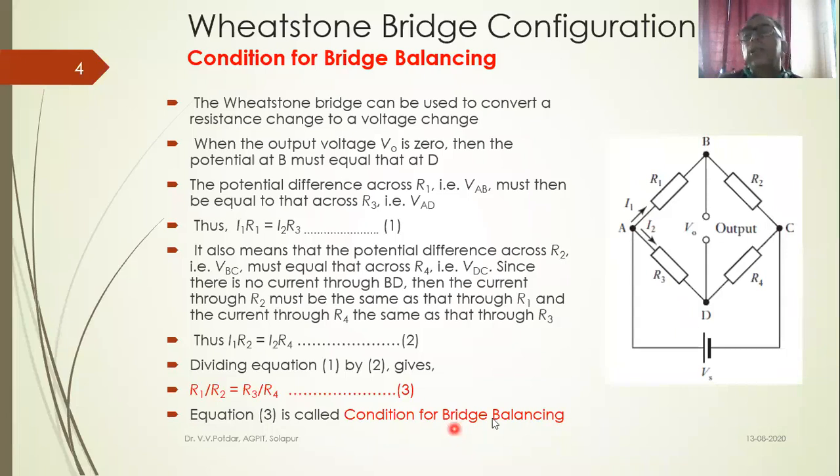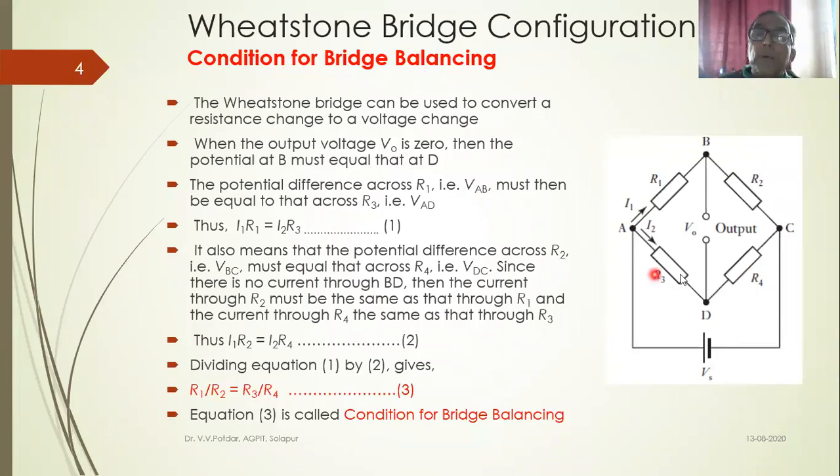Now, one more thing to be remembered, a bit finer part. How have we taken the ratio? I have taken the ratio from R1 to R2. Please be attentive. Now, I need to take the ratio R3 by R4 also in the same sense. From left to right, if I am taking the ratio R1 by R2, I should take, left to right, R3 by R4 to make the condition meaningful.